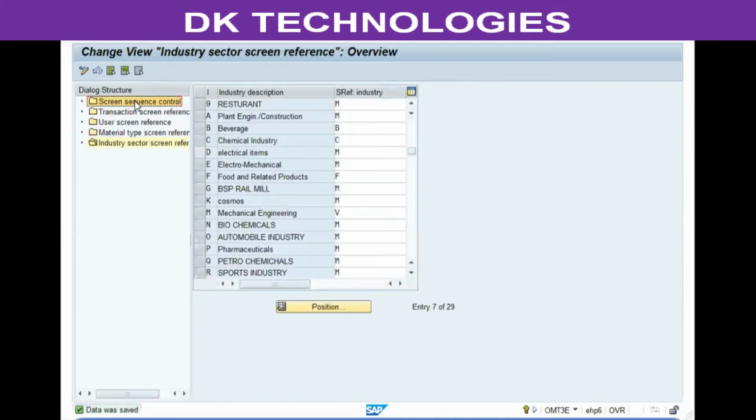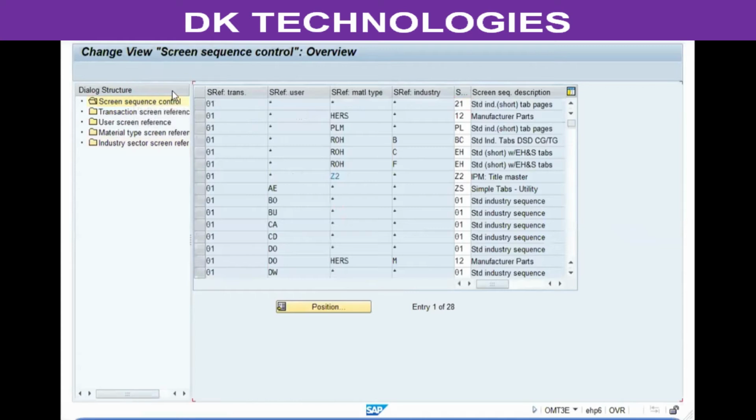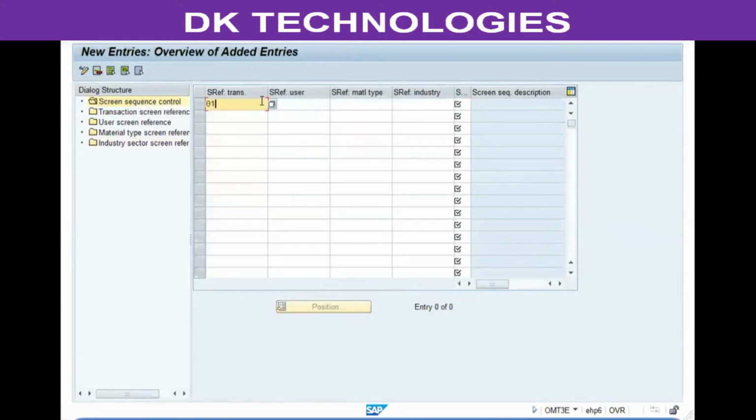Now go to Screen Sequence Control, click on New Entries. Transaction screen reference is 01. User screen reference, specify star, that is any user. Material type screen reference VGR. Industry screen reference is V. Screen sequence is YB. The effect of this is what I've just done is any user using any transaction code,